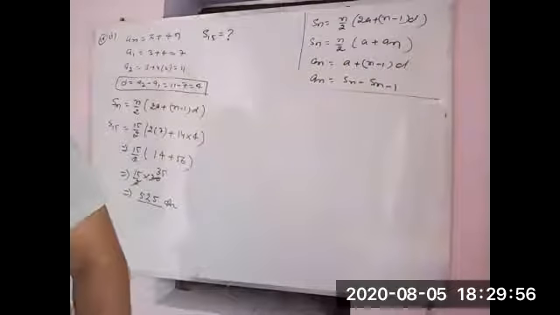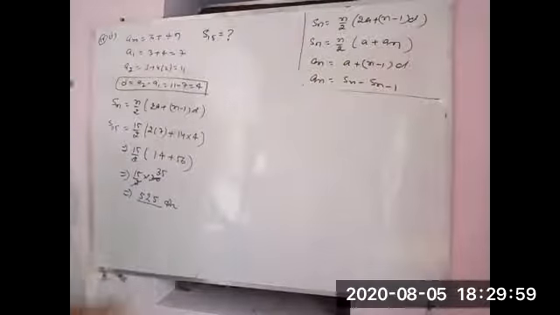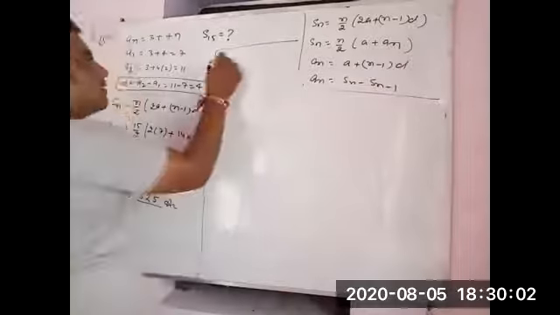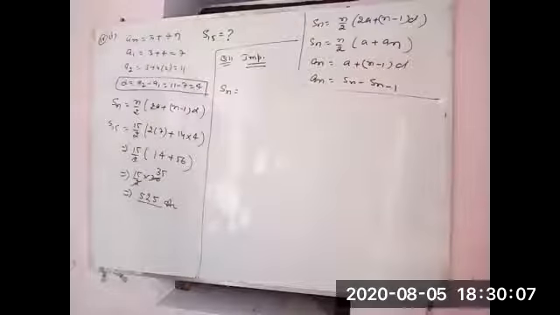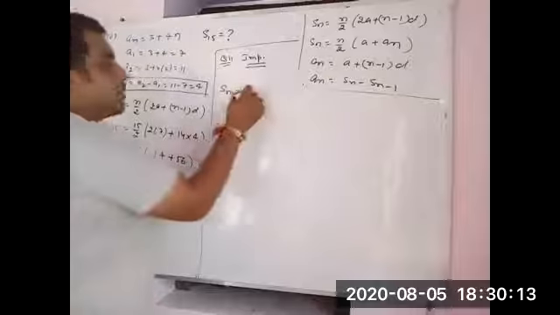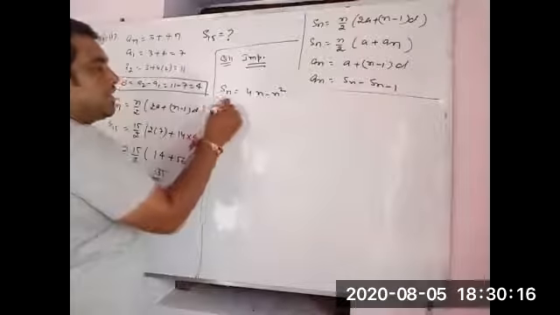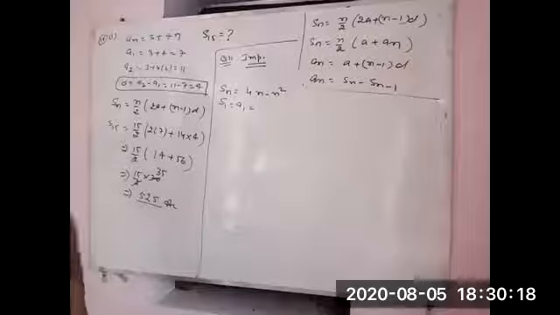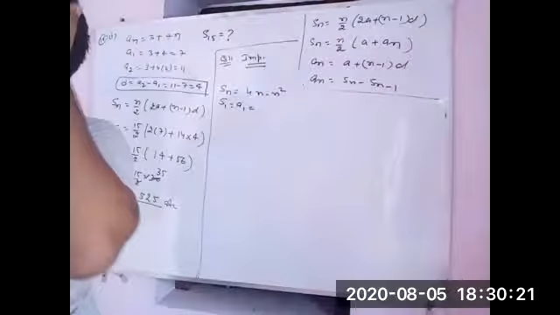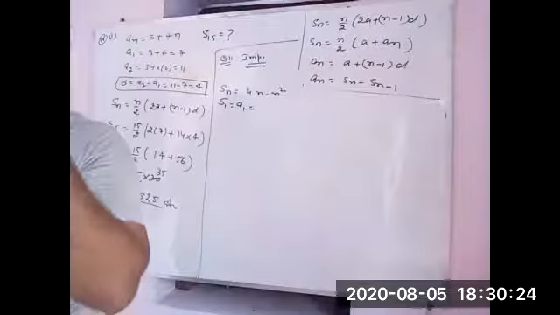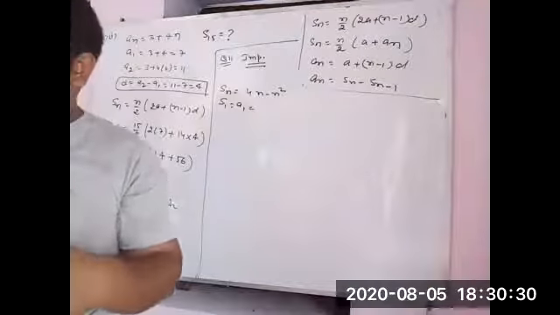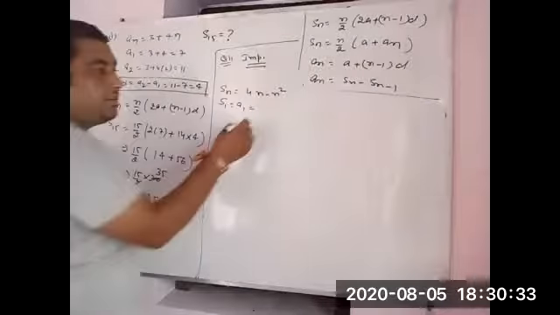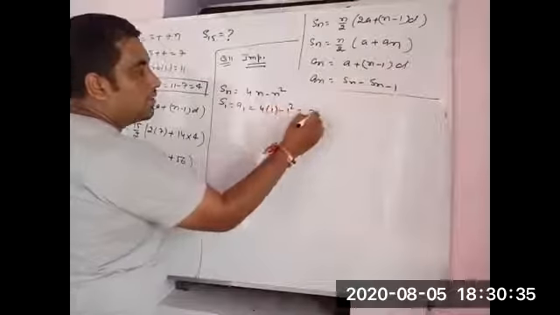What is given in question number 11? Sn is given. Important one. Sn is given there: 4n minus n square. Simply, S1 will always be equal to a1. If I talk about the sum of one term, it will be same as the one term. So there will be no change in it. Okay, S1 and a1 are both the same thing. Now put the value of 1, 4 into 1 minus 1 square. It will come 3.